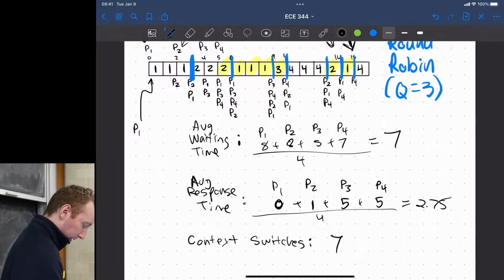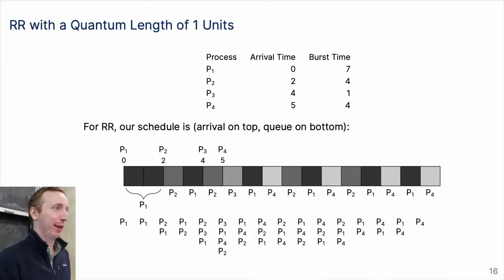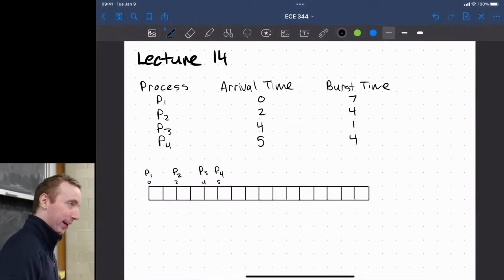So let's do it again, as hard as it's going to get. So here's your question. What happens when you change the quantum length? So given all of our metrics, let's do it with the quantum length equal to 1. So this is just going to be the exact same process, but just a lot more writing. So let's do it again because that was so fun.